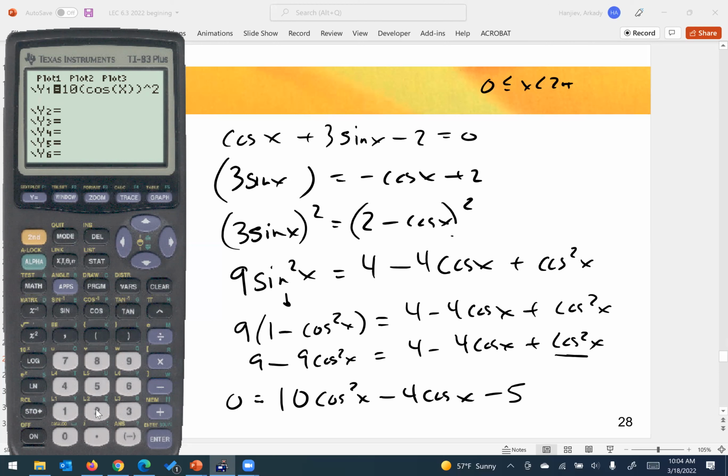Now you guys with the T84, what you have is called pretty print. Pretty print means it's going to actually shift your stuff into the exponent, which is kind of cool to see. Minus 4 cosine of x minus 5. Boom. And then we're going to graph this guy. And we're going from 0 to 2 pi, right? That's what we want to get to. 0 to 2 pi. So I'm going to go with window going from